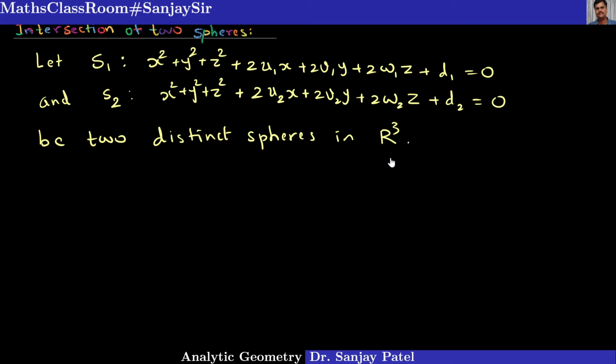I am also assuming that the radii of the two spheres are different and the centers are also distinct points. You know how to write down the center and radius of each sphere. So the centers of the two spheres S1 and S2 are, respectively,